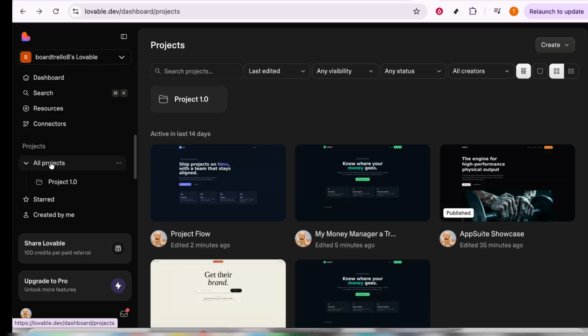First things first, you'll want to access the Lovable dashboard. Once you're there, look for the All Projects section. This area of the dashboard is where you can view all your active projects. It's essentially the home base for everything you're working on, so once you've pinpointed this area, go ahead and click on it. This action will open up a list displaying all the projects that you are currently managing or are